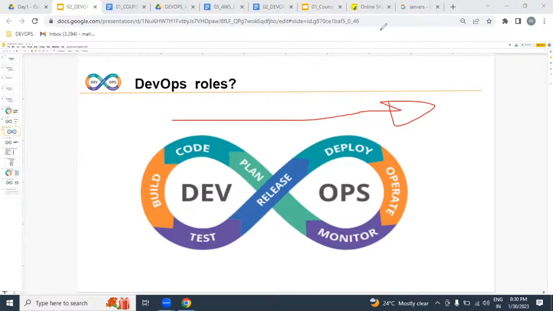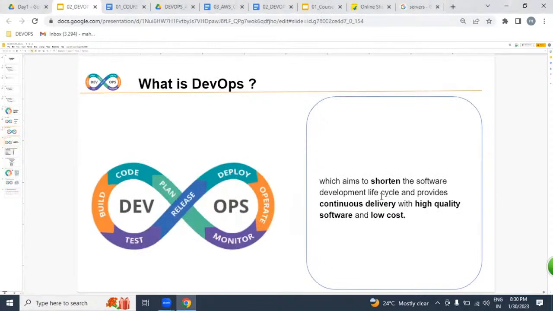While implementing this DevOps process, we make sure we deliver the working software within the shortest time, with high quality, and with low cost. That is DevOps. I'll repeat one more time, listen very carefully. Developers keep writing lines of code in the dev environment. That has to move to the testing environment, then QA, stage 1, stage 2 on pre-production, and only then finally move to production.